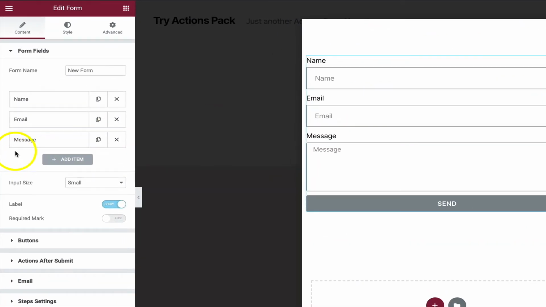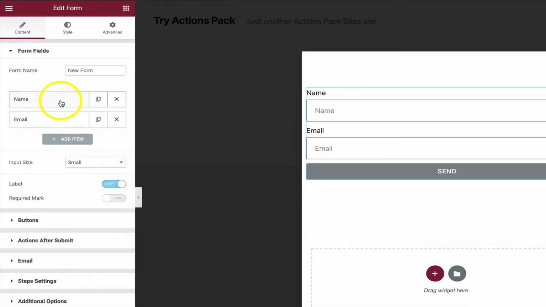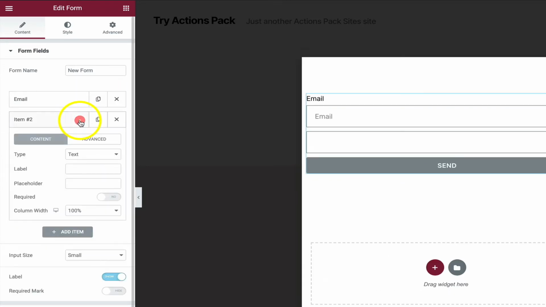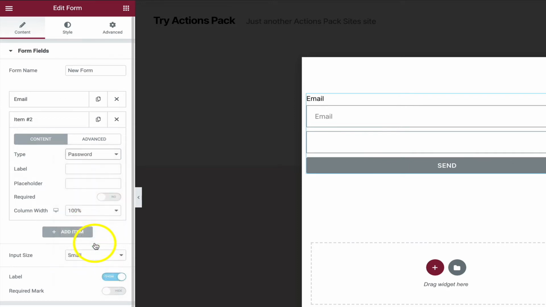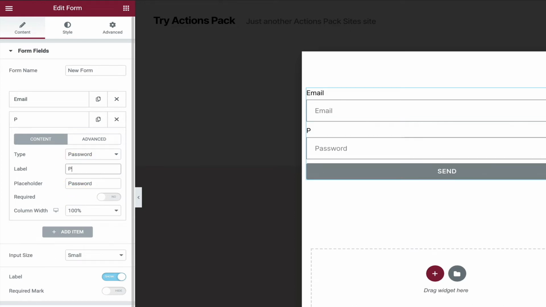And now we can customize this. I'll take the message field out. What we're going to do is really, as this will be a login form, all we're going to really need is the email address and a password field. So from the drop down here, I'll select password like so. I'll give it a label, password. That's for the placeholder. I can also put one in so that appears above like so.